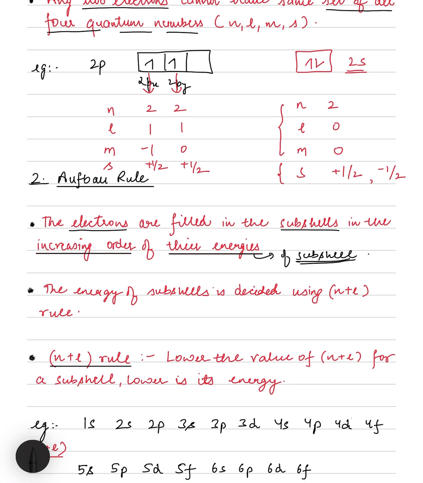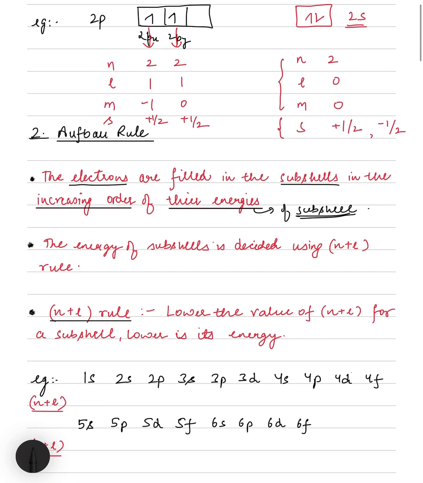Now, what is the meaning of the statement? The energy of these subshells is decided using the n plus L rule. So the important thing here, according to the Aufbau principle, is the n plus L rule, right? What is the n plus L rule? According to this rule, the lower the value of n plus L for any subshell, the lower will be its energy. So any subshell which has lower energy will be filled first, and the subshells which have higher energy will be filled later, right? That means in the increasing order of their energy, electrons will be filled in the different